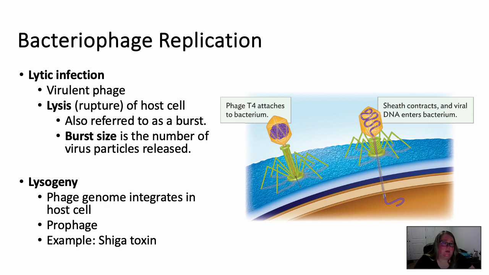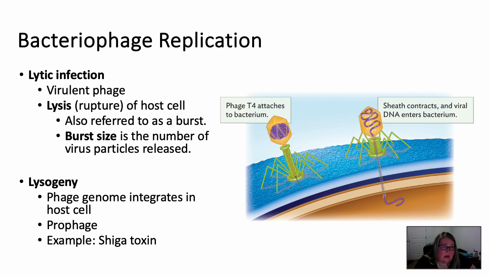This is when the bacteriophage is virulent, when it's causing damage. This is where it's working on replicating itself and then spreading to as many new hosts as it can. So it's going to be a virulent bacteriophage, and what it's going to do is kill its host. It's going to cause the host cell to lyse or rupture in order to release these new virions that have